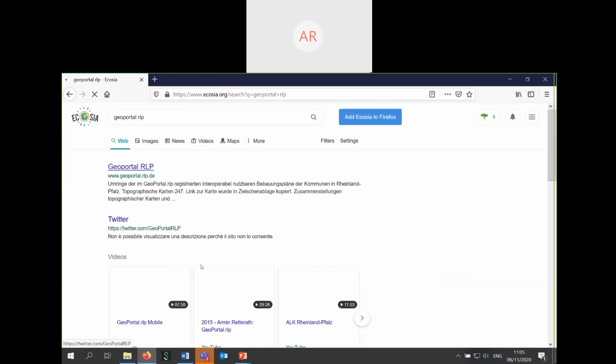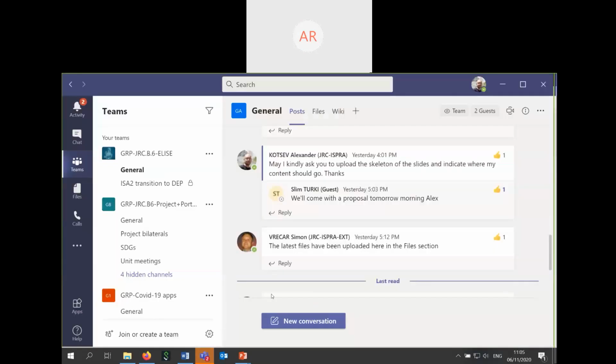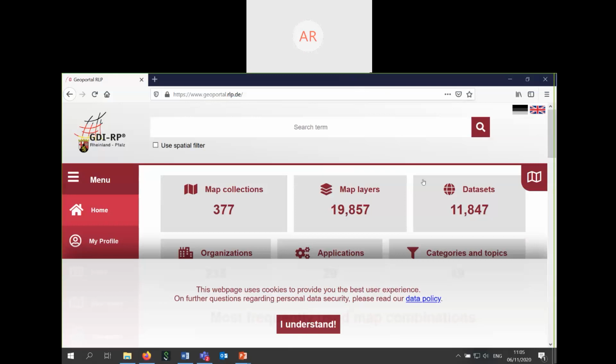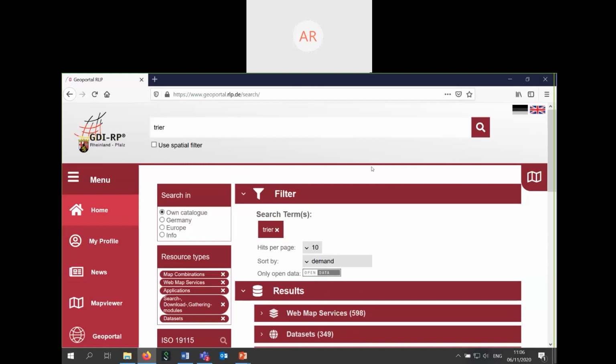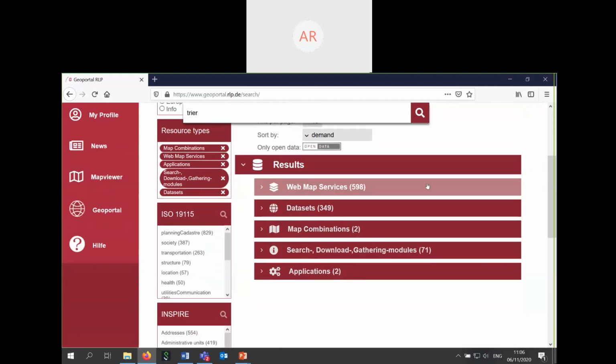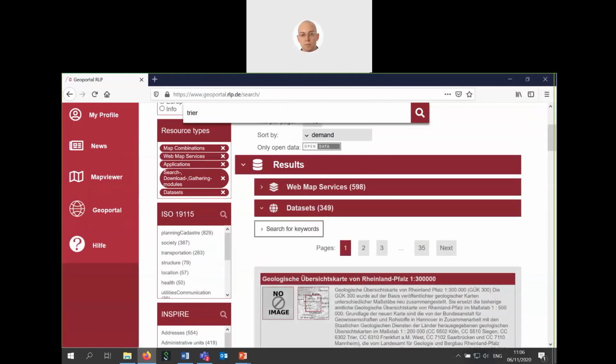Okay, this is the right site. And now you may search for Trier. And use datasets.